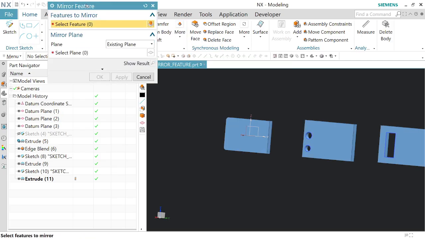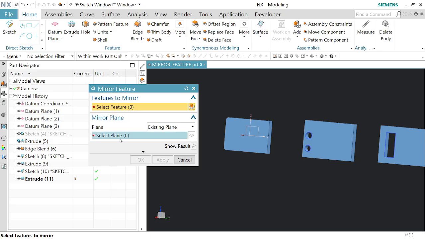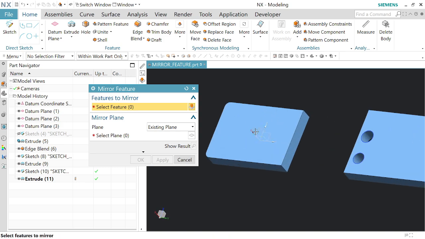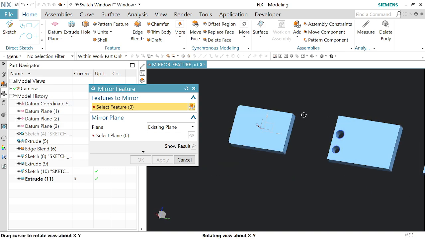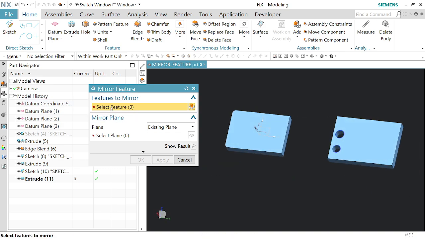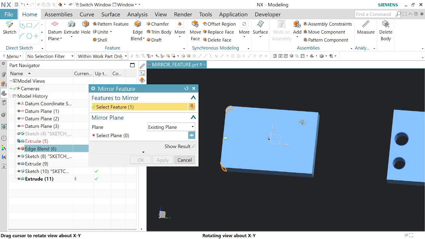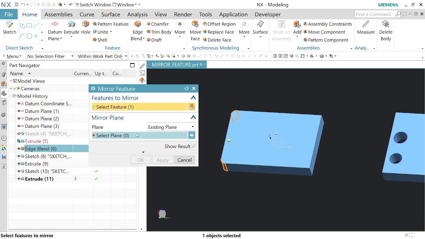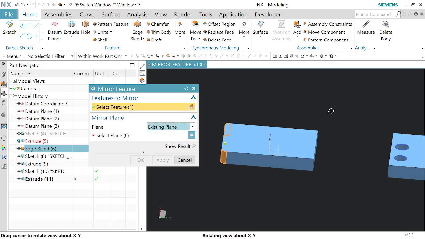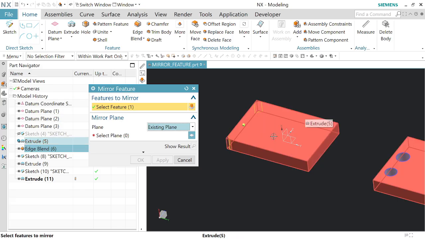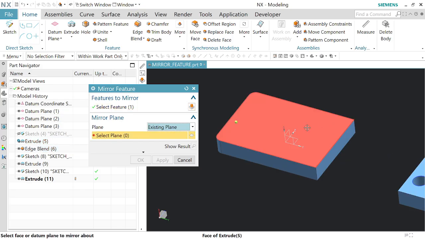For the mirror feature command, you always have to select a plane, or if there is not any plane, you have to add one plane first. Here I have already added one plane, so I don't need to do that. So I am selecting this feature, this edge blend, as a feature. Then it is asking me to select a plane, an existing plane, or you can create a new one also. I already have an existing plane, so I'm not creating a new one. I'm just selecting that plane